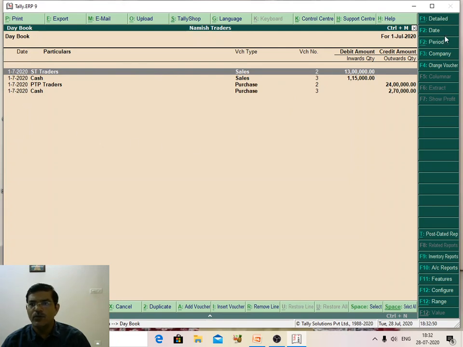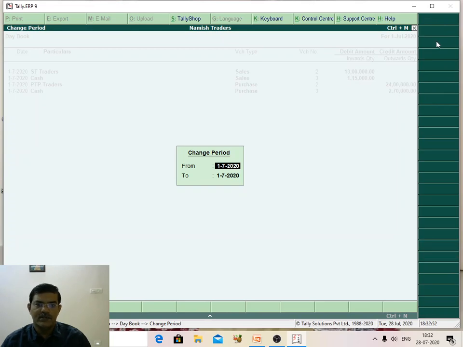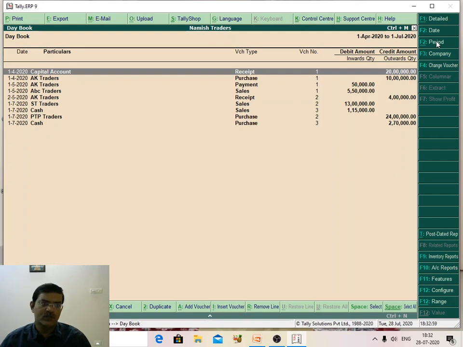Or if you want to select a period, I will select 1st April to 1st July. These are the transactions, these are the vouchers. I used the receipt voucher, purchase voucher, payment voucher, and sales voucher, like this.